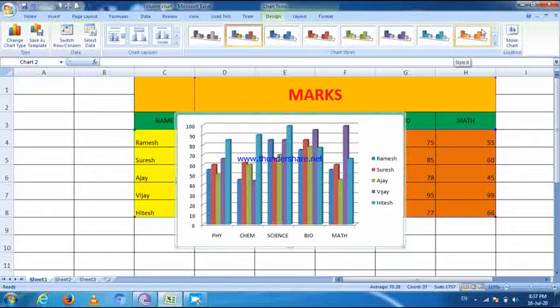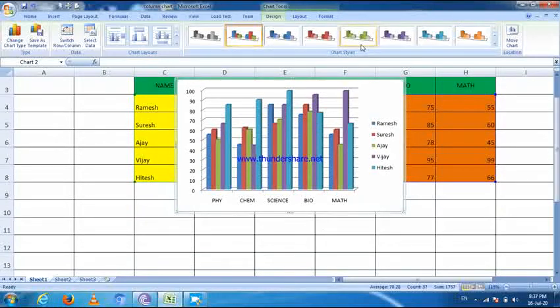When you select any desired chart depending on your choice and the chart appears on your screen, you can see the tabs available under the Chart Tools category. These three tabs are most important: Design, Layout and Format. That's the ribbon.